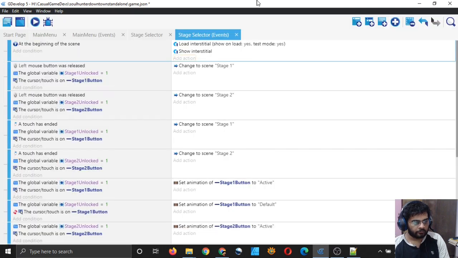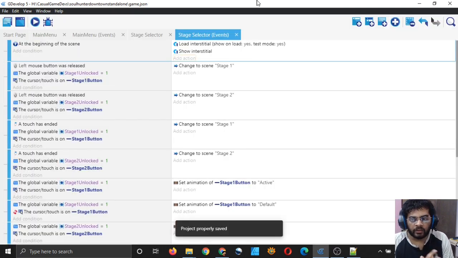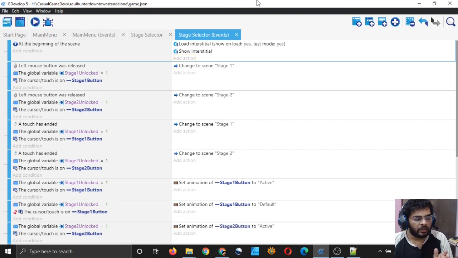So that's good. So now when my stage selected scene opens, at the beginning of the scene an interstitial ad will load and display, right? So that can be a good thing. Why not?